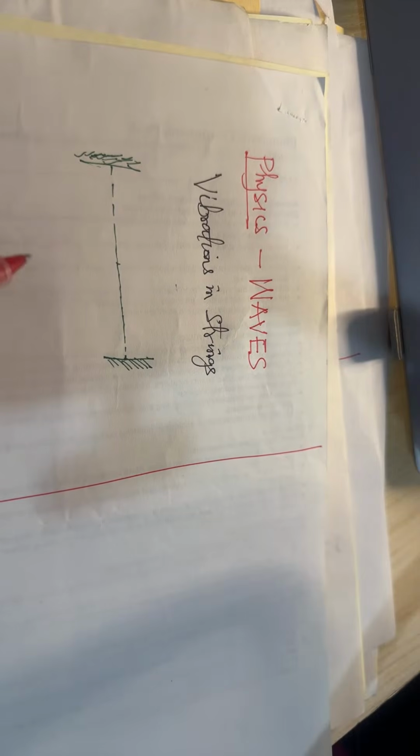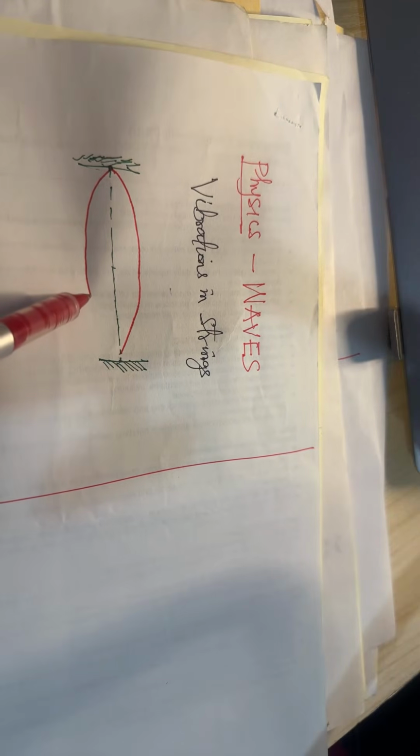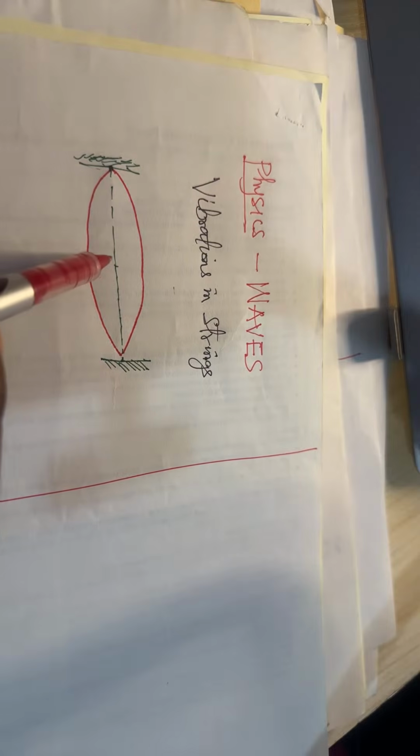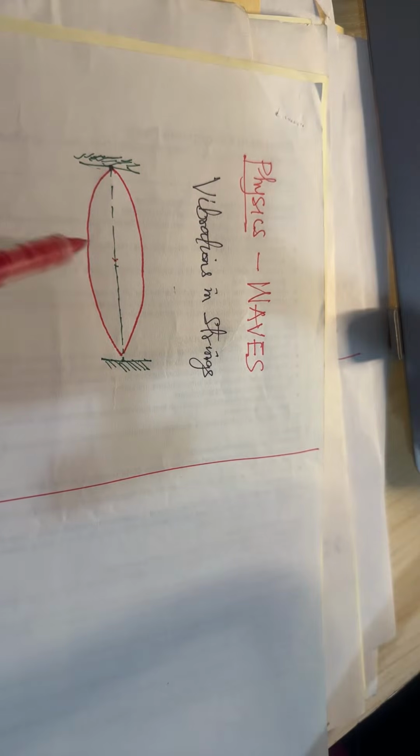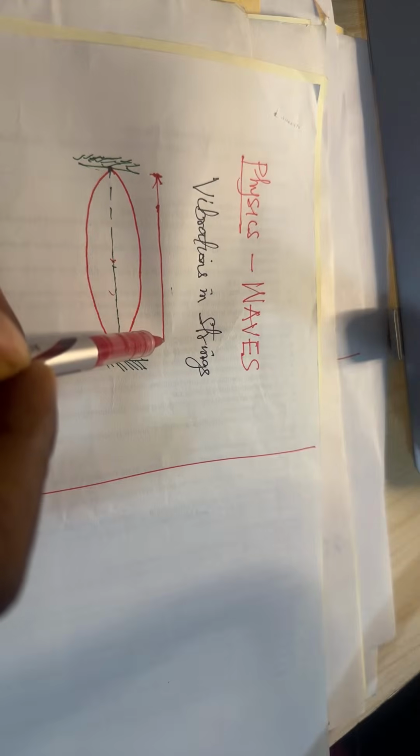So that's where you have this first setup. Probably you must have seen it in your book before. I don't know how to sketch so much, but let me see what I can do. We're going to be doing so many things in this tutorial. So that's how we got this first setup. When this is plucked from the middle gently, then we have this first setup. That means from this point down to this point,